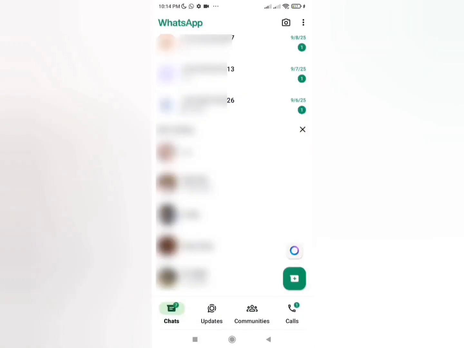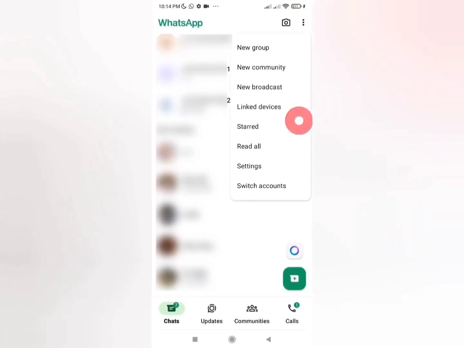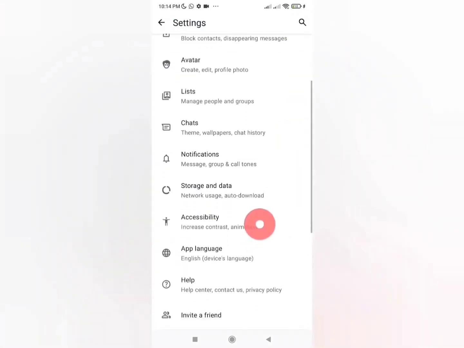So I open it as usual and then I tap on these three dots from this spot. After that, I tap on the settings icon. Then I slowly scroll down a little bit until I find the option labeled Storage and Data, which is where you can manage your storage and data usage. And if your phone is currently set to a different language, remember the icons and the specific locations that you'll